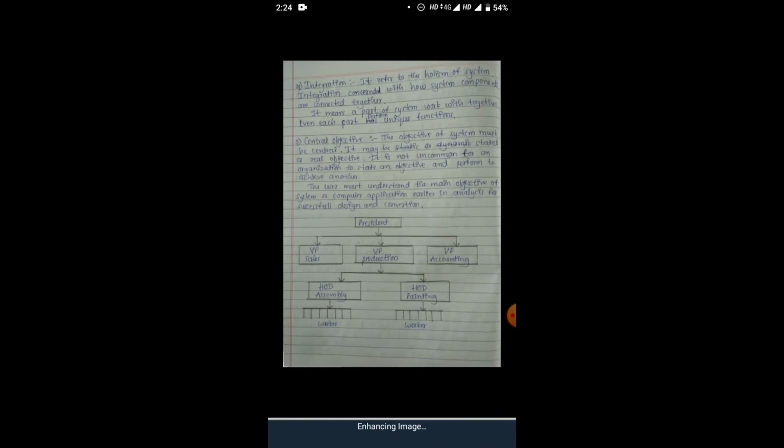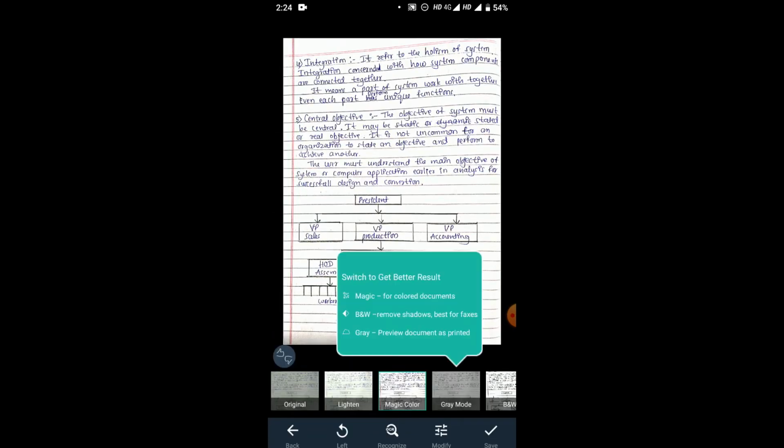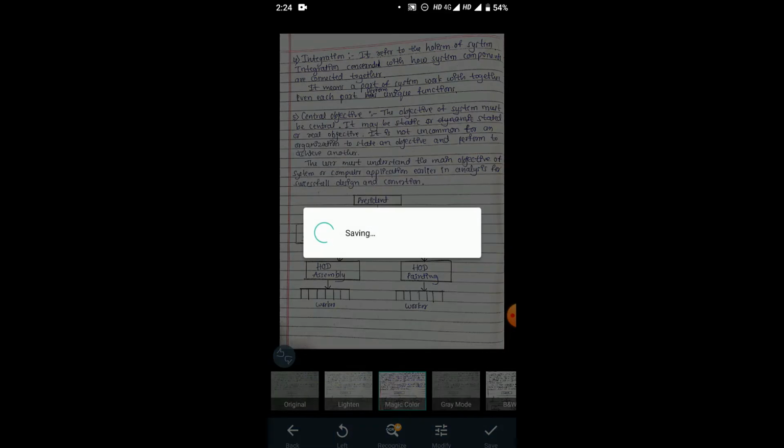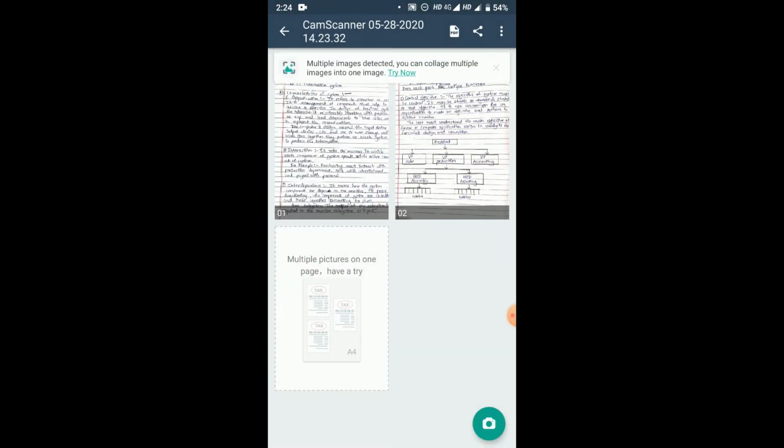You can realign it based on whether it is taking the complete picture or not. So here I'll say next. See here this has scanned. Next I'll click on save. So this is how the two pages have been scanned.